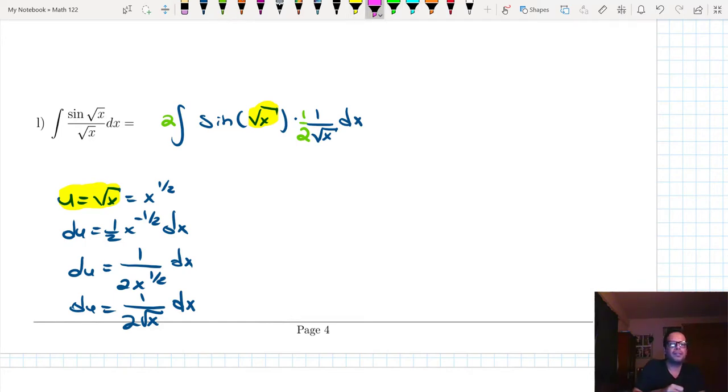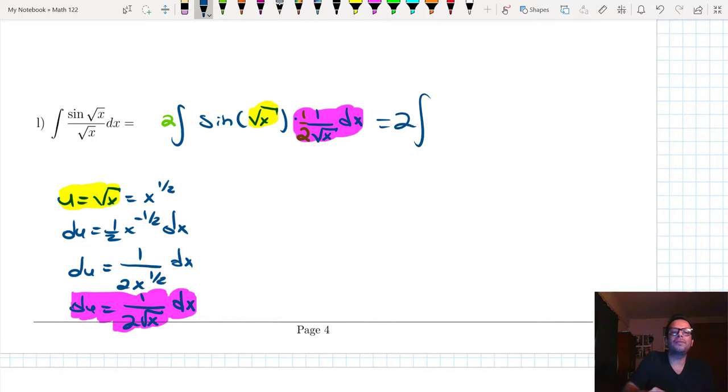Now let's replace our du, okay? And this is going to be our du. Now, this is 2 times the integral of sine of u du, all right? And the integral of sine again is 2 times negative cosine of u